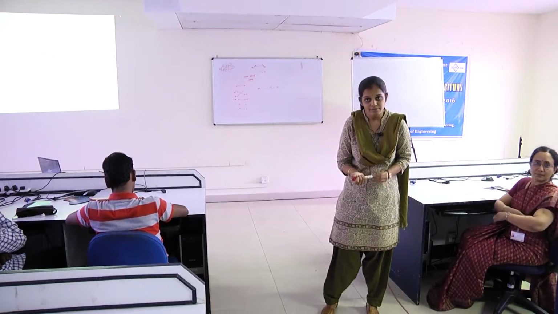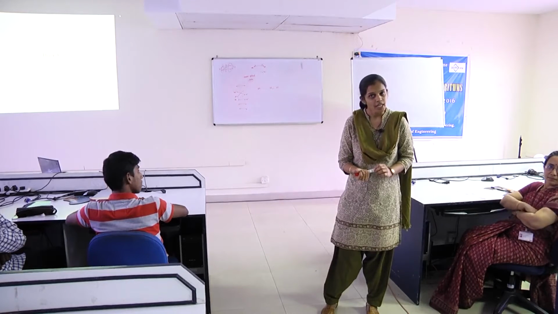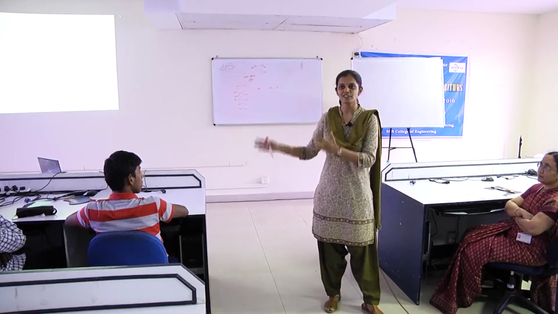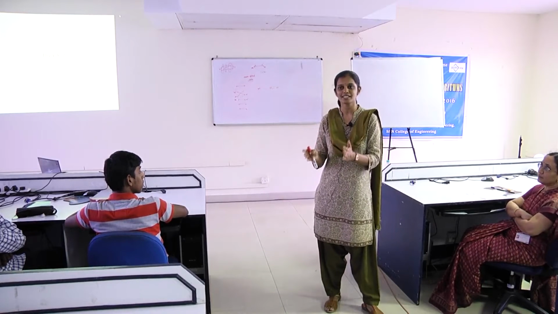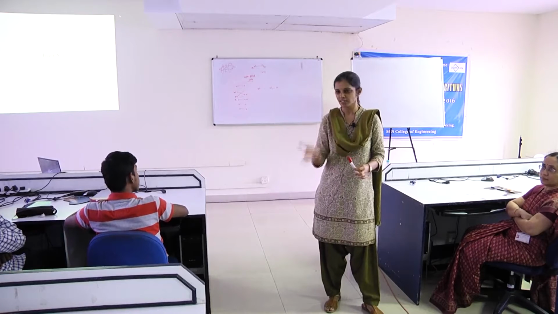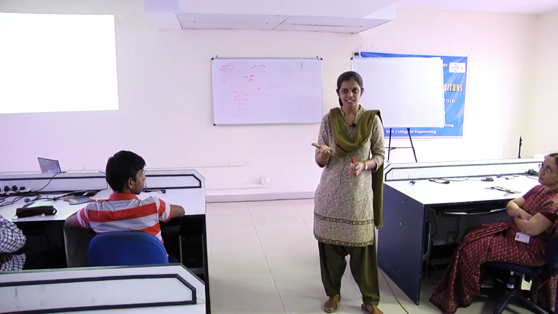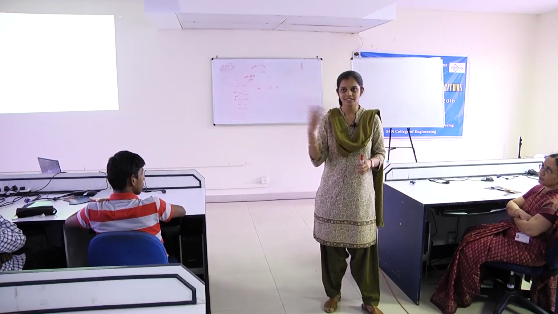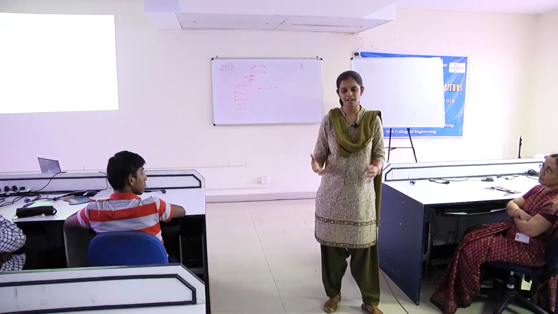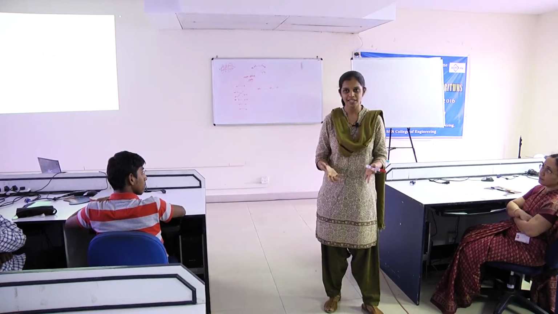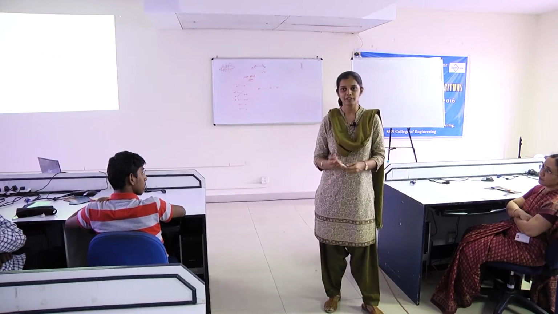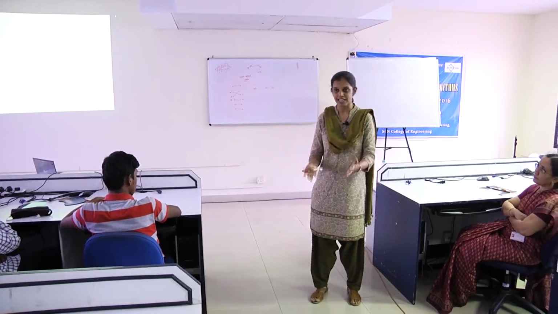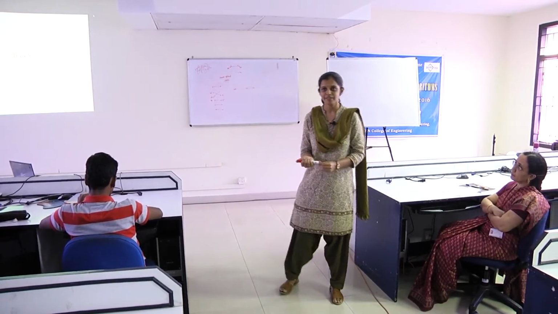A student having no preferences available will not be given anything. That is why it is in the interest of the students to give a lot of preferences, and also something which is realistic in terms of what they can get. Of course, a lot of last year's cutoffs and everything is available. So students look at them and give long preference lists, so that in fact what was done in the joint seat counseling was some mock allocations were given. If people did not get something, they actually extended their preferences so that they got something in the actual round. So some mocks were shown to them, and yeah.